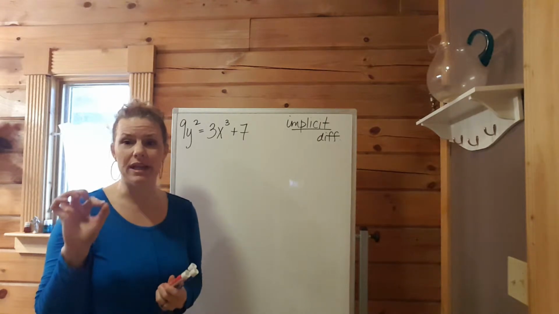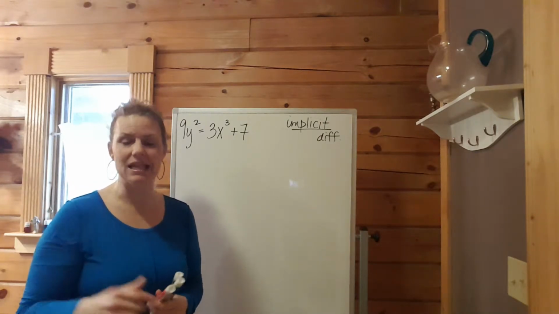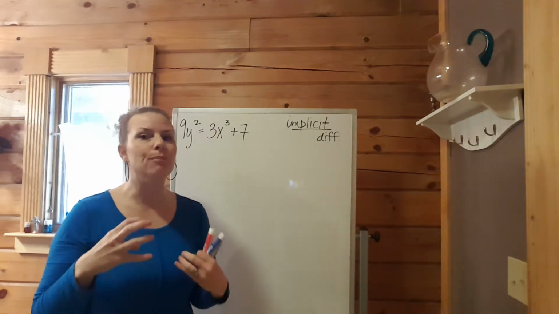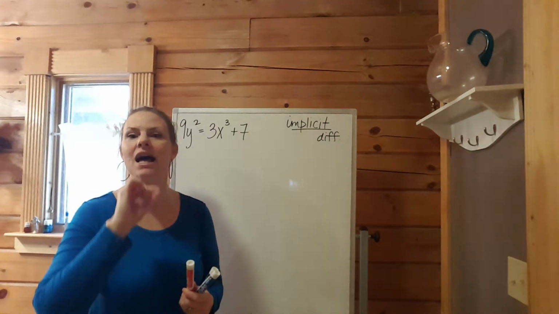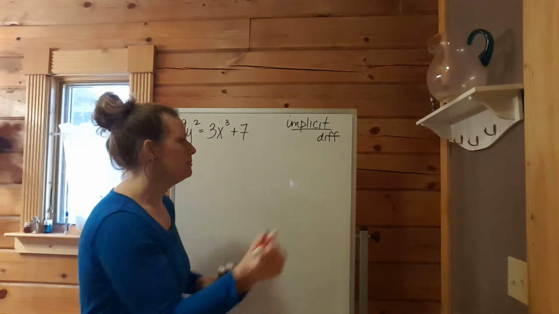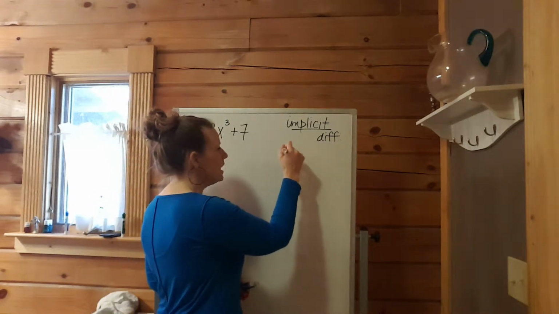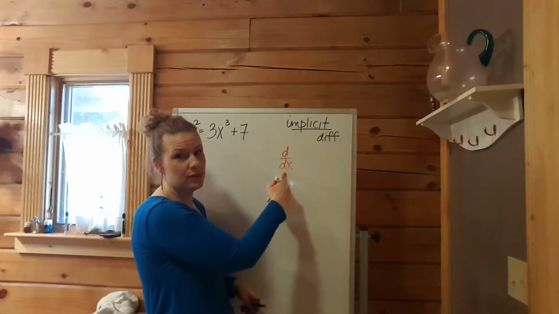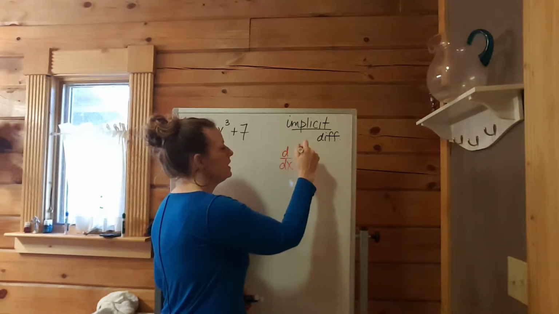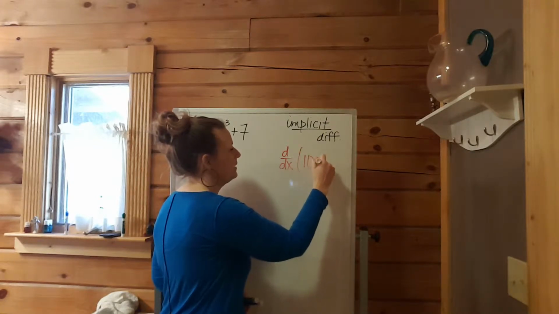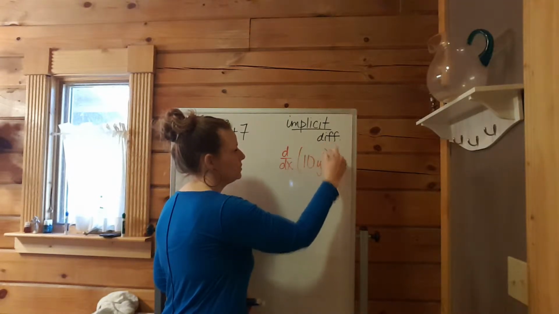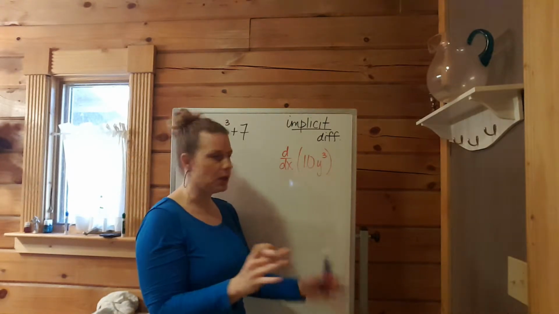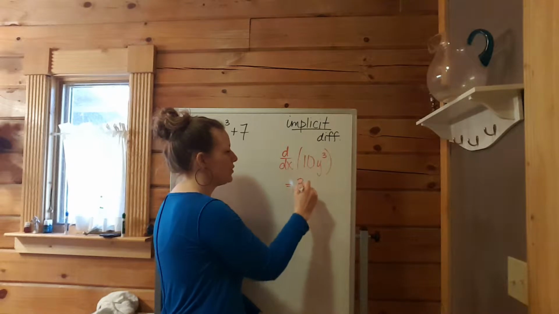The main difference with implicit differentiation is when you take the derivative of a y term, you basically just have to tag on a dy dx. So if I'm taking the derivative with respect to x, that's what this notation means, I'm taking the derivative of, let's say, 10y cubed. The derivative of this, the power rule still applies like normal, so that is going to be 30y